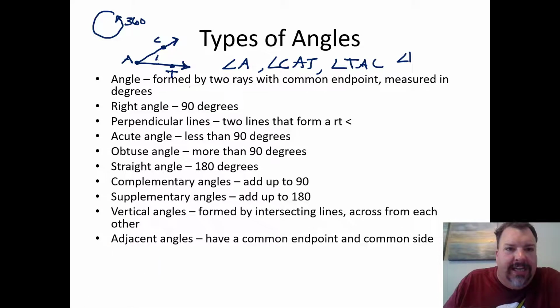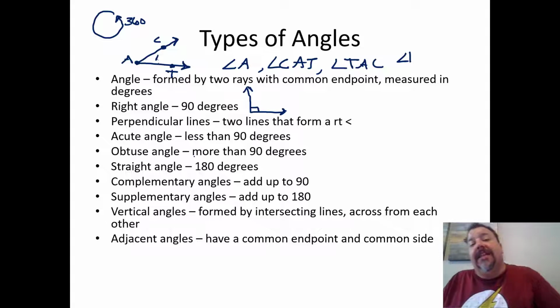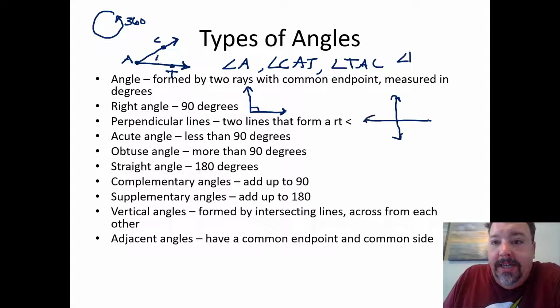One special type of angle is a right angle, and that kind of forms an L shape, and that's going to be 90 degrees. We're going to know that it's 90 degrees if you see a box. In general, if that box is not there, we don't know for sure that it's a 90-degree angle. Two lines that intersect and form a right angle are going to be called perpendicular. So here's a line going this way, here's a line going this way. Right now we don't know that they're perpendicular, but if you see that little box there, then we can say